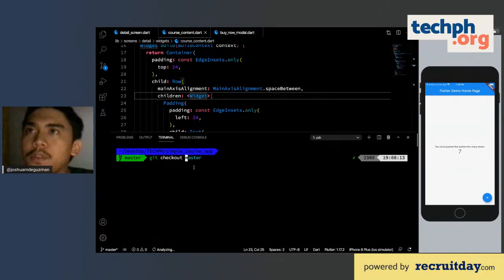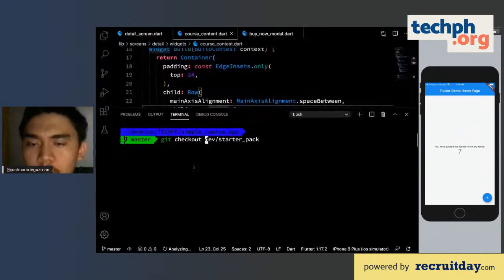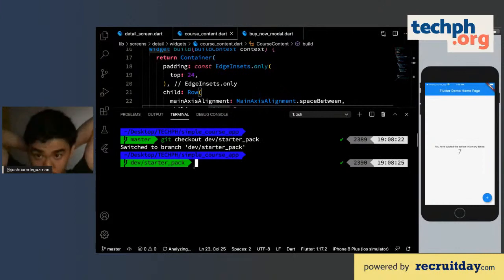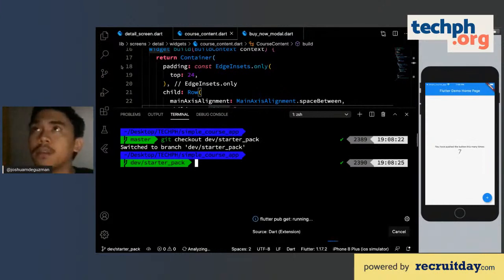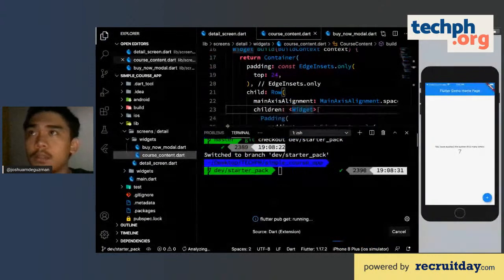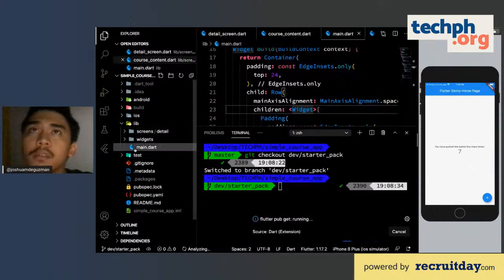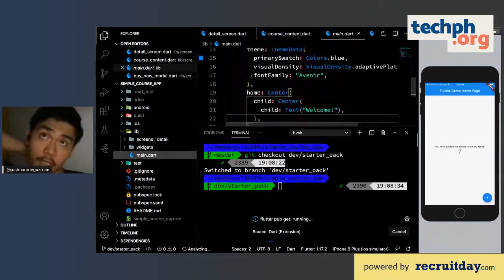The first thing you have to consider doing is dev starter pack. You have to switch the branch. So git checkout dev starter pack, press enter. In this starter pack app, we just have an empty screen displaying a text, welcome.